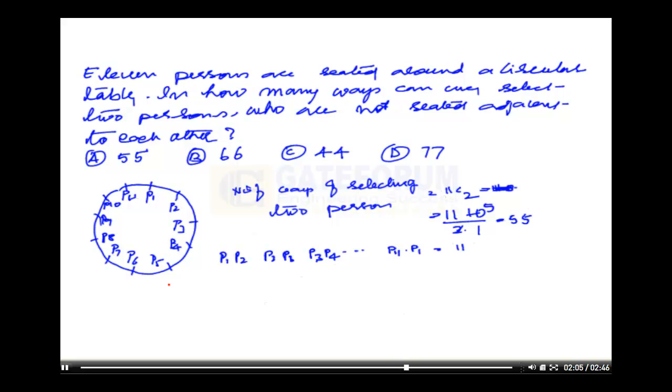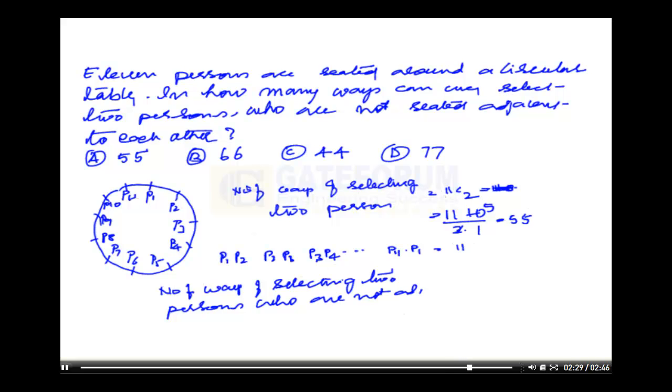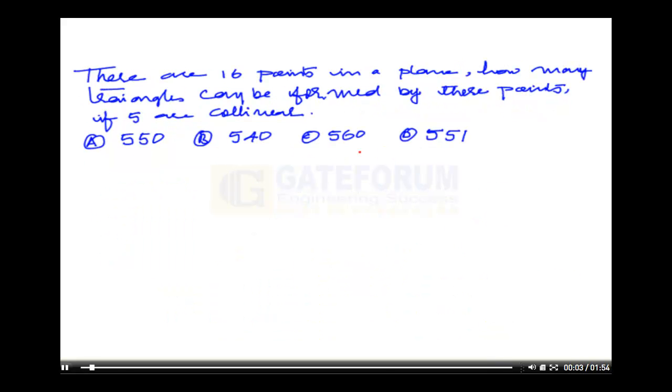If you subtract from the above, then we get the number of ways of selecting 2 persons who are adjacent to each other, equivalent to 55 minus 11, that is 44. So your answer is